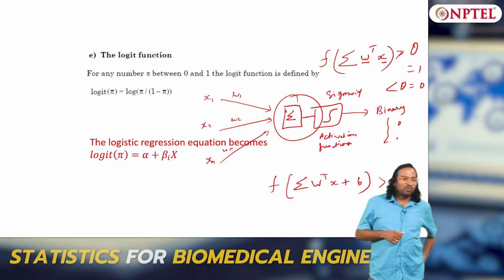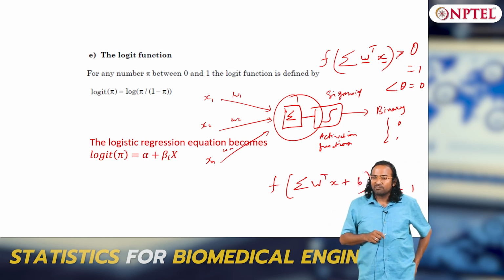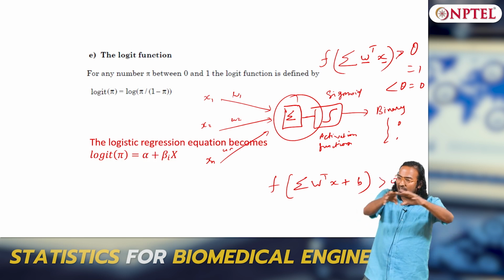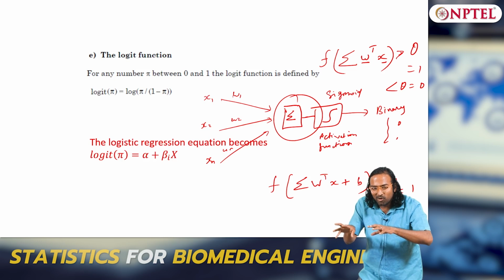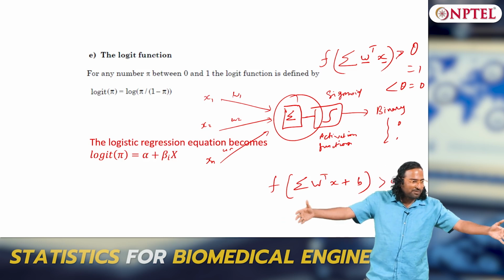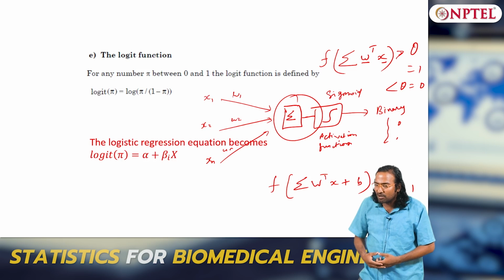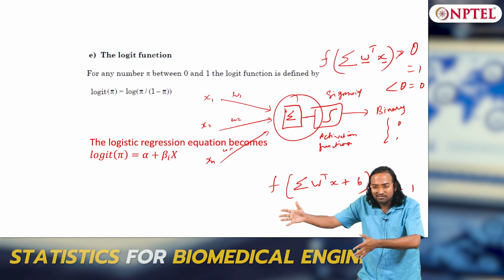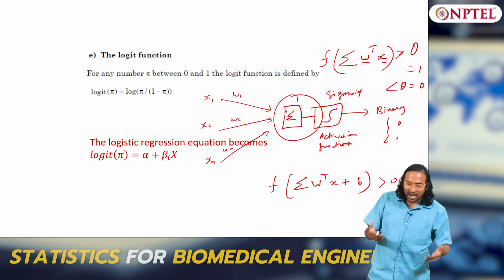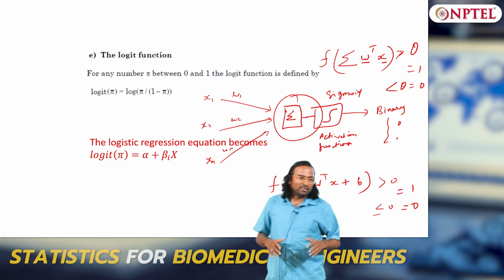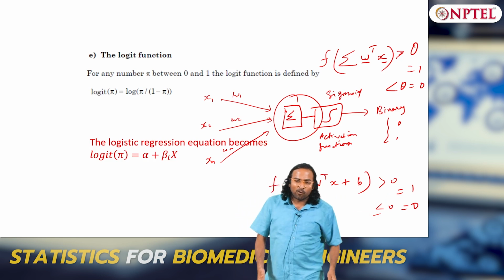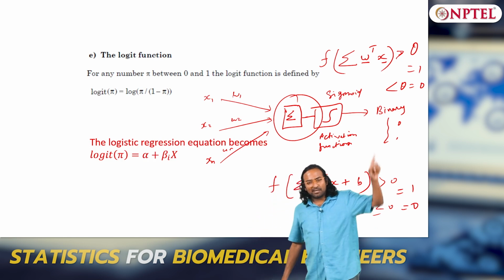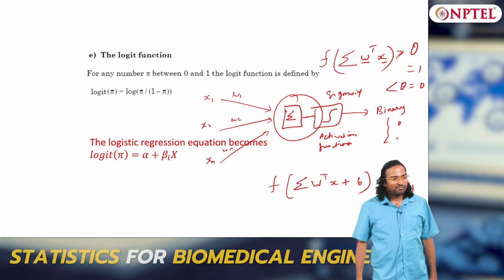Then people figured out that you are only talking about one neuron. What happens in a neuron body? It is a connection of neurons. That is when people started connecting these logistic regressions, and then came out complex classification problems. That is what we call a multi-layer perceptron. I do not know how many of you have heard of this. MLP is actually an arrangement of logistic regression models, multiple classifiers put together, and today that is what we are doing. Today the MLP, the second generation, is the foundation for today's third generation neural networks. So we are standing in the third generation, but the fundamental is logistic regression, clear.